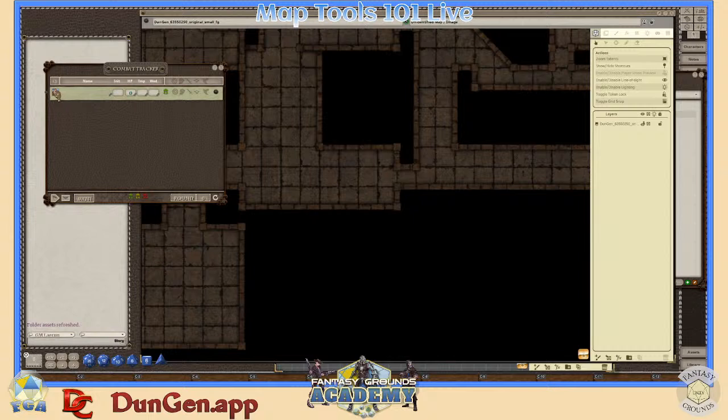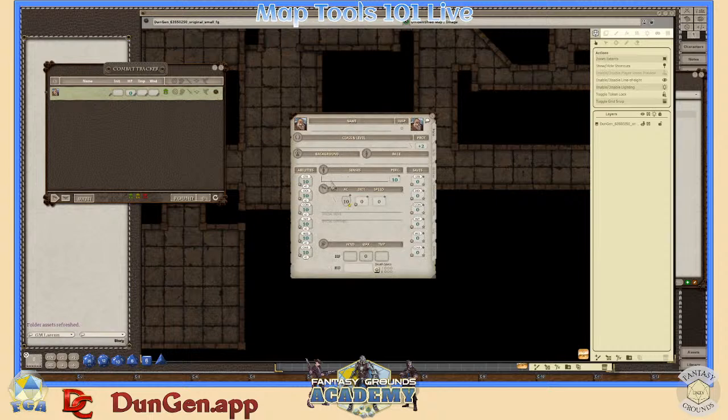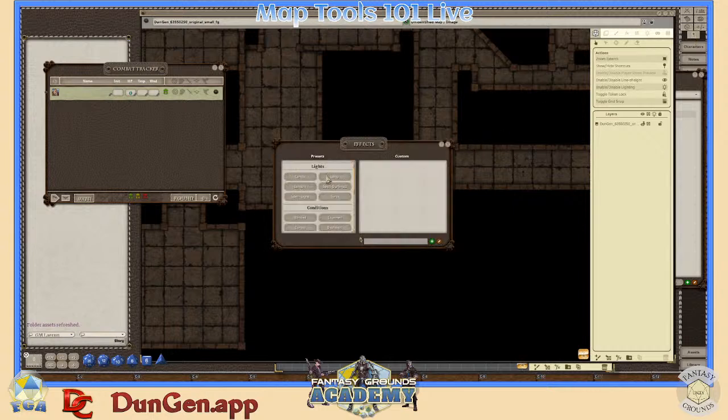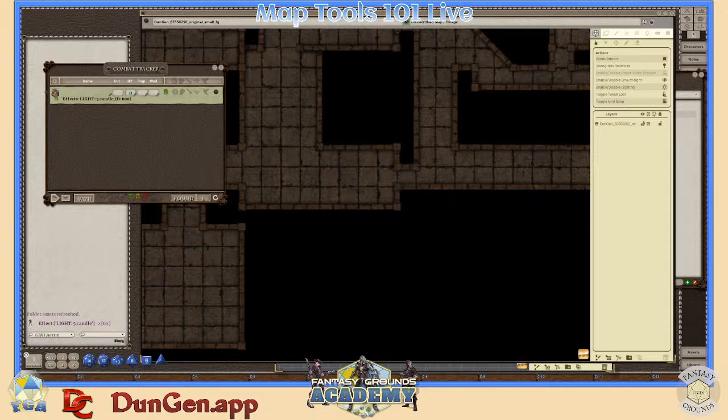So I'm going to go ahead and move this dwarf. He doesn't have a vision yet, but if he was a dwarf, you could put the vision here. I'm just going to use one of the effects. So if I go up here on the top right, under the effects tool, there are some preset lights. So I'm going to give him a candle, and that puts that effect on him. And then once I put him on the map,